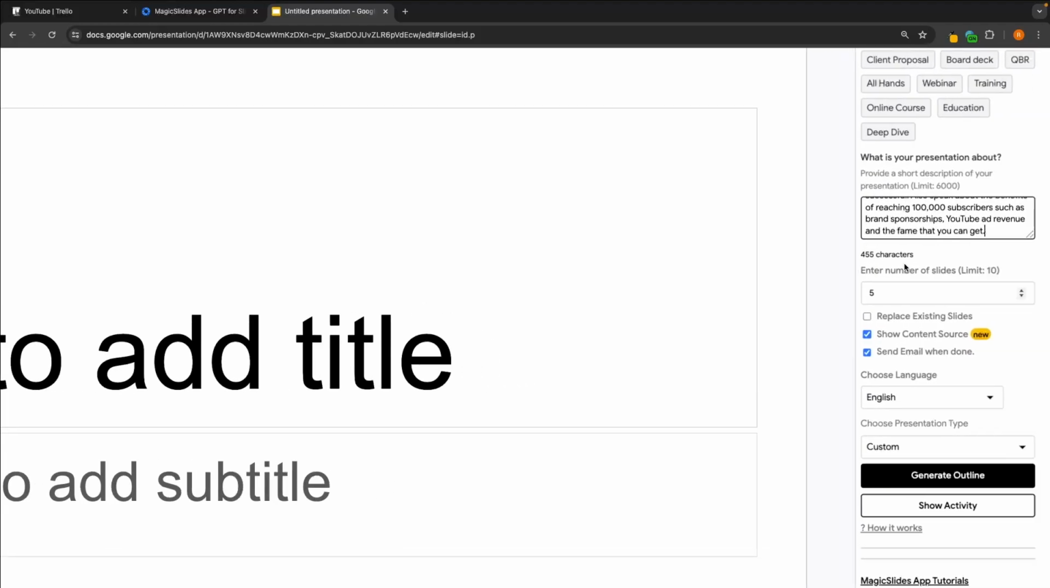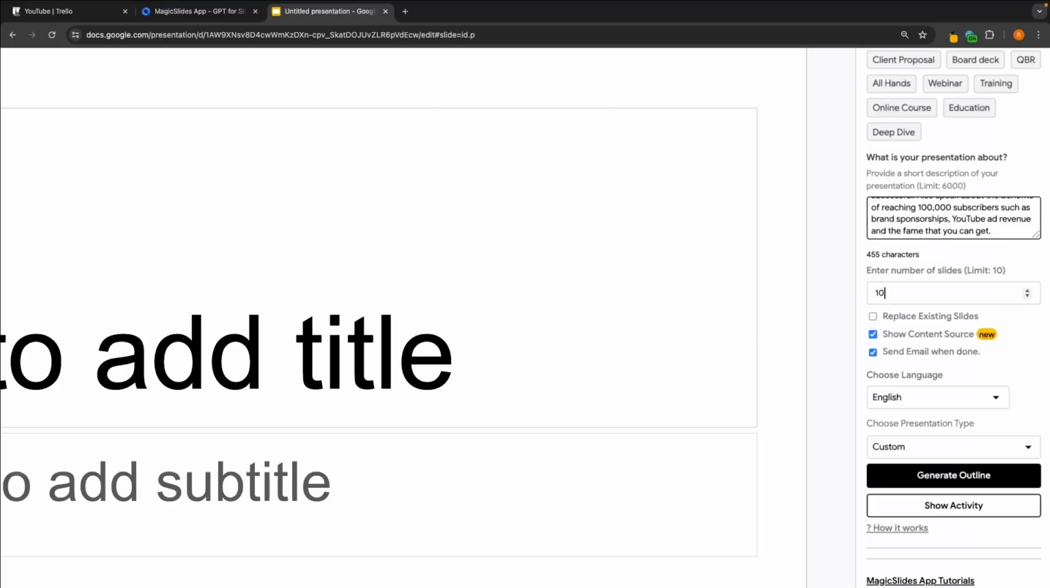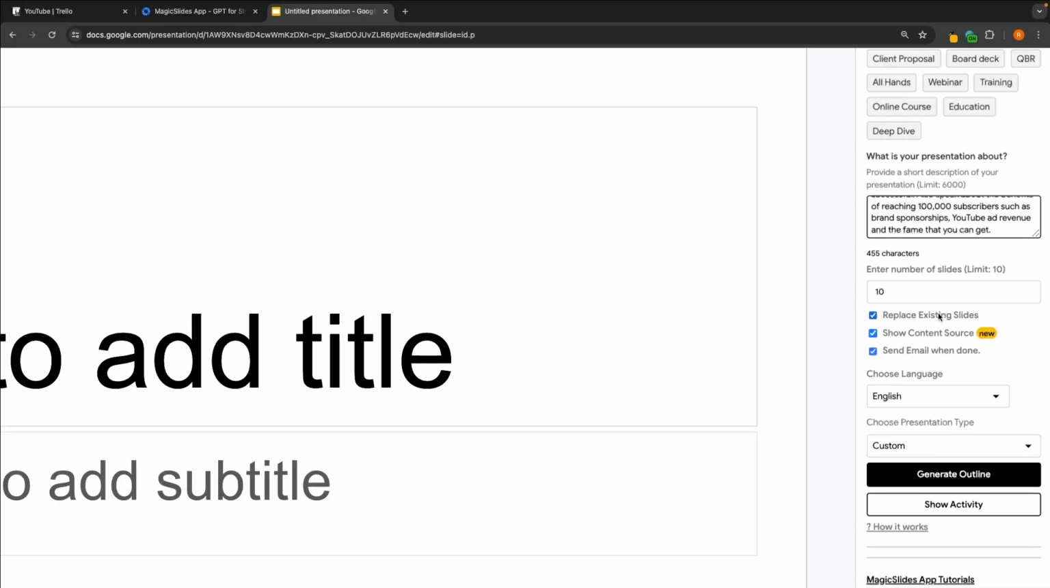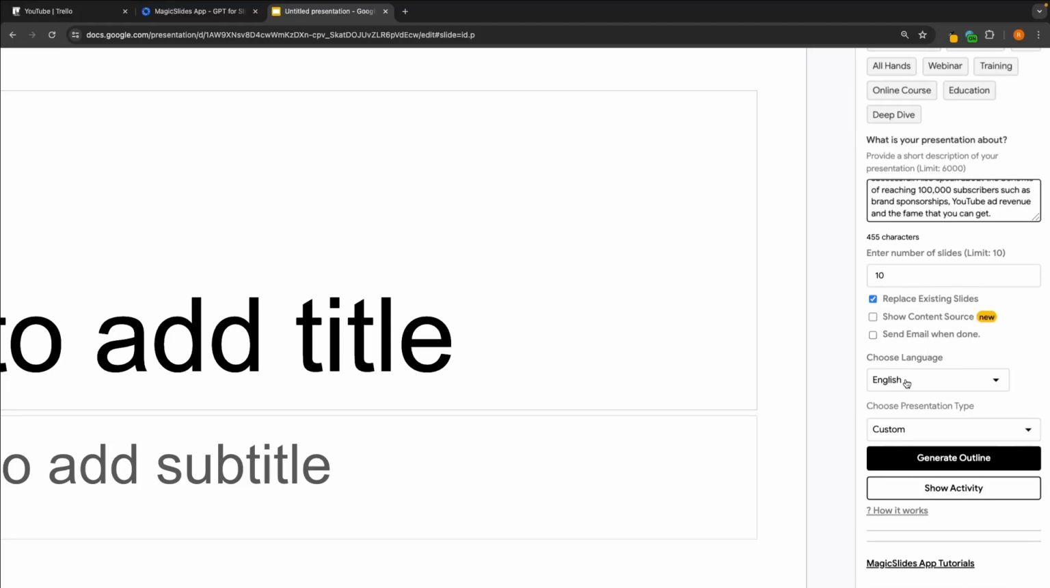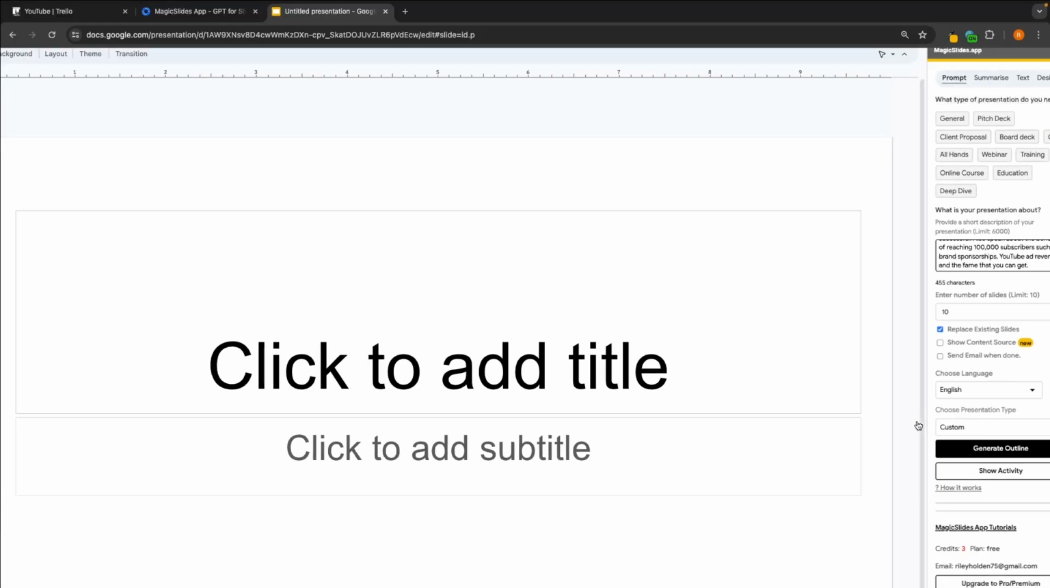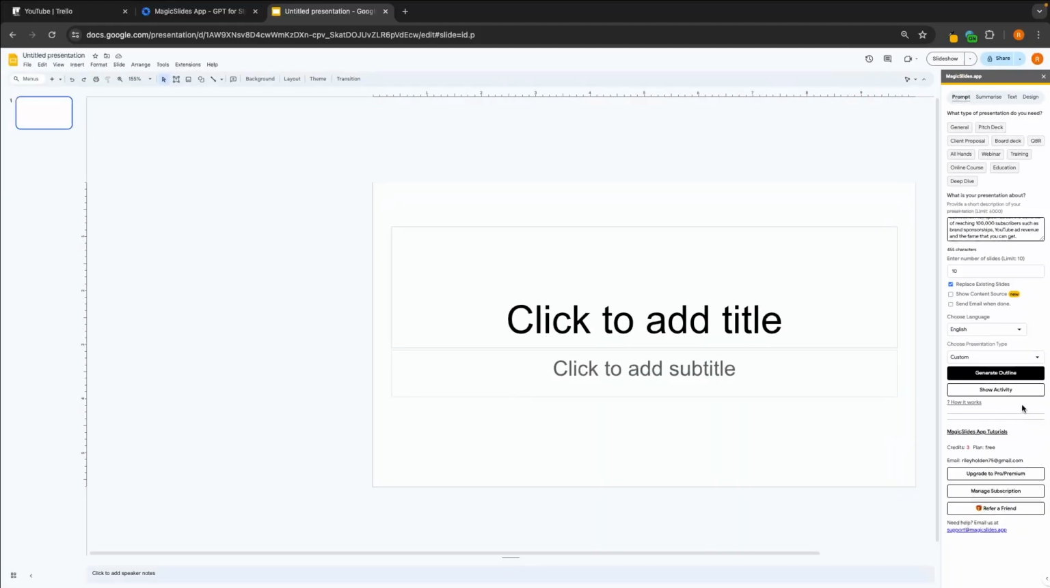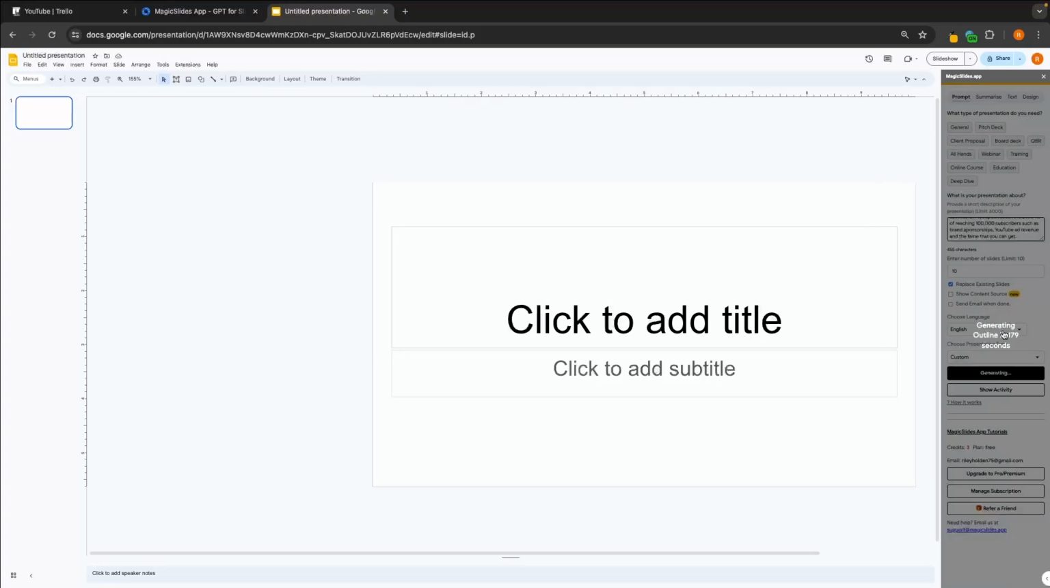So if I was actually creating this presentation for something other than this tutorial, just to show you how this works, then I would make this longer. We can then enter in the number of slides. So we have a limit of 10. Let's put that in. Then we also want to replace existing slides. We can also show source content, so where it got the content from. I'm going to turn this off, send email when done, and then we can also choose a language and also the presentation type. So from here, I'm then going to click generate outline, and this is going to generate, and